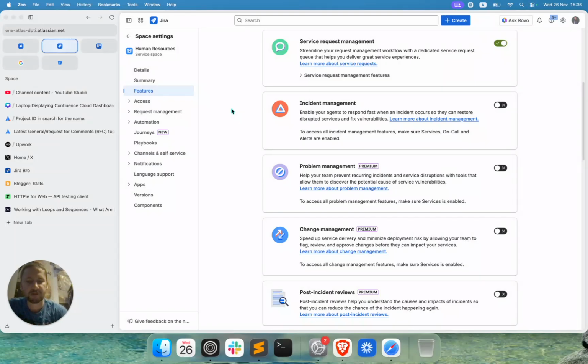Let's talk about the knowledge bases for your Jira Service Management projects. I'm sure that many of you already have portals. If not, there's also going to be a video about setting up your portals. But for all of you who have the portals themselves, some of you might want to include some of